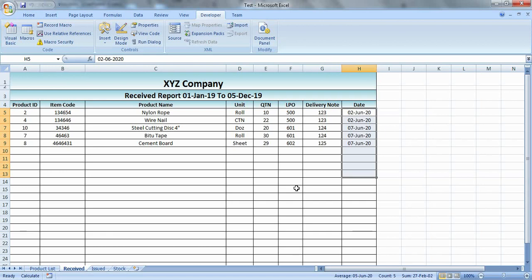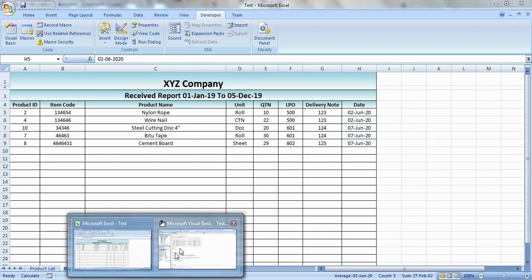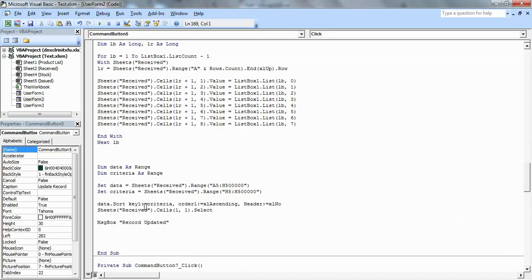For that I have given the details here: data dot Sort Key1 dot criteria, Order1 xlAscending. Key1, we have given only one criteria here, and the order I have given is ascending.